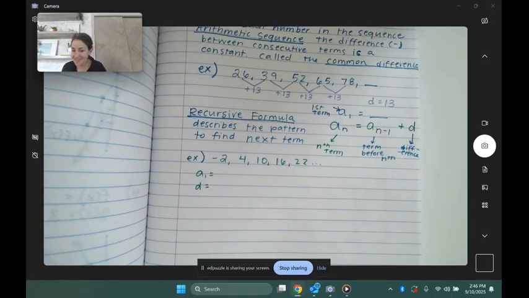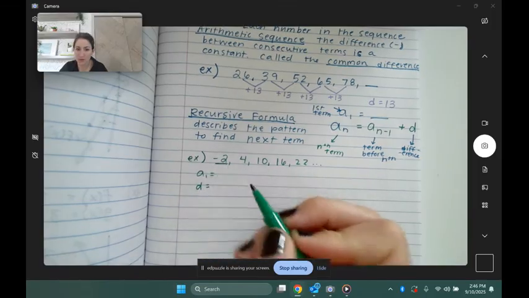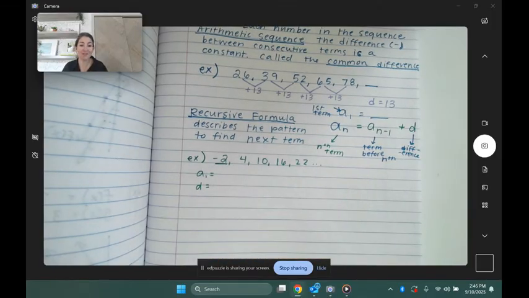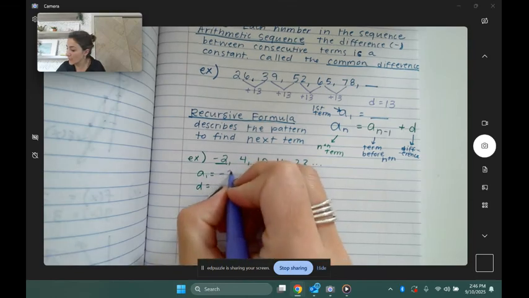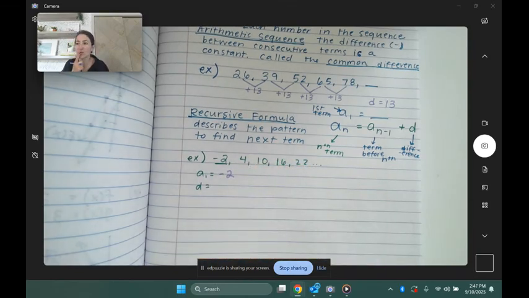So in this case, your very, very first term, that's not trying to be sneaky or anything. It's just the first number in the list, so -2. And then what's my difference? What's happening each time? So it looks like,